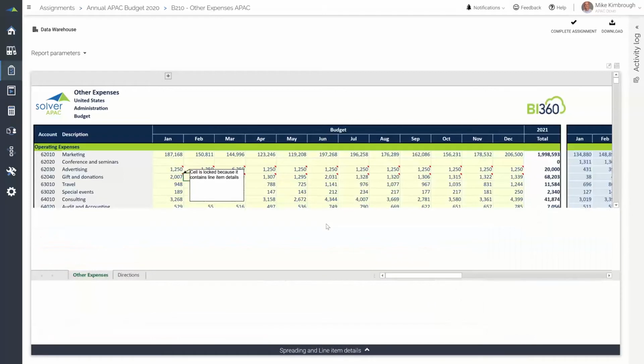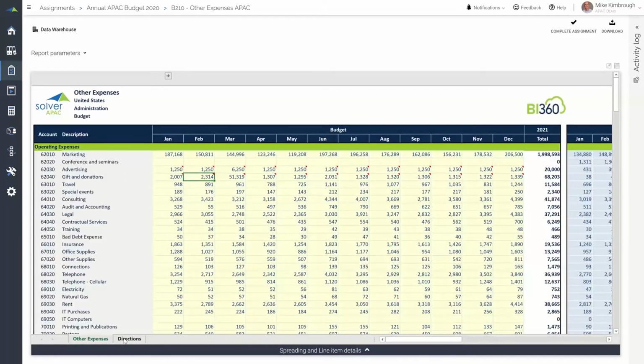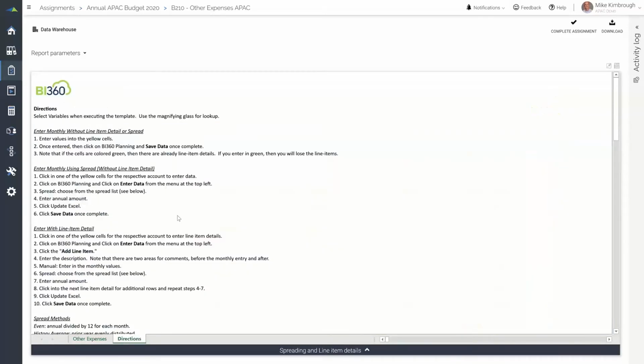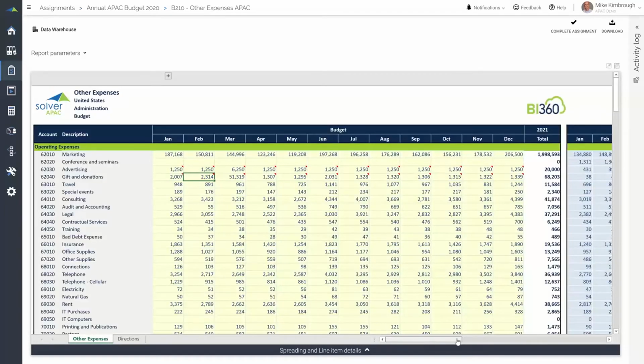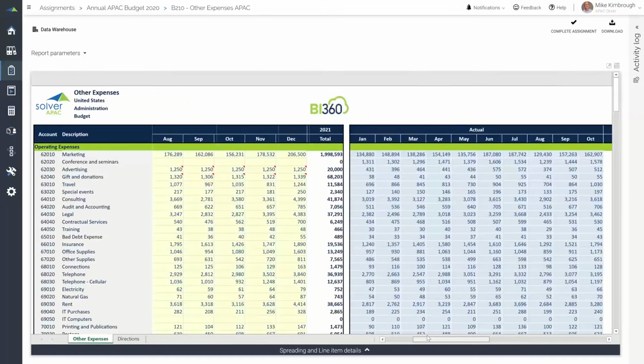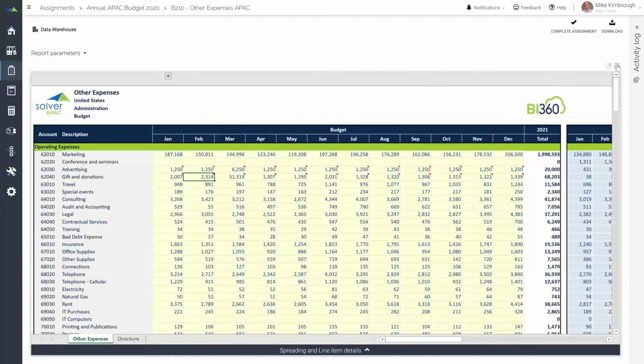The other thing that you can do is add instructions or directions. These are demo instructions, but these could easily be step-by-step instructions or policies and procedures for your different contributors to fill out when they're completing their budget. And then again, you can always have actual information or forecast information if you wanted to reference back to that